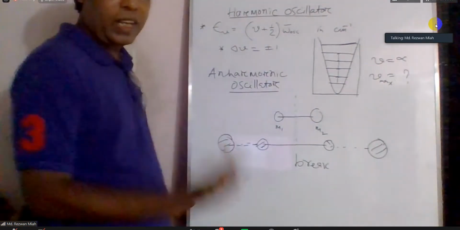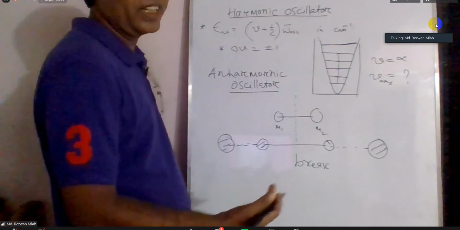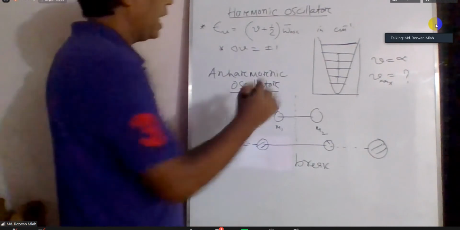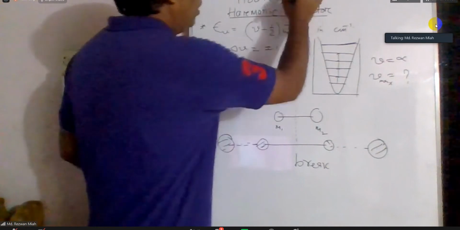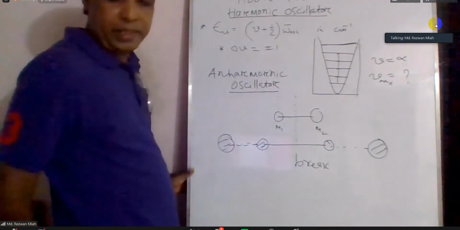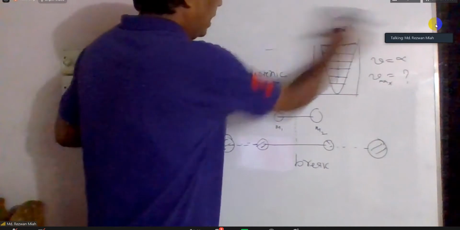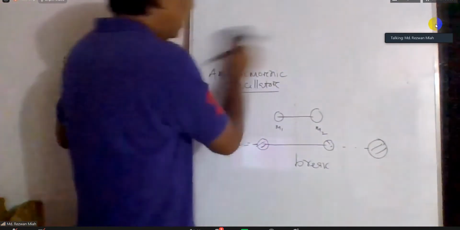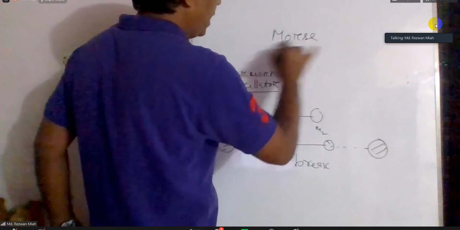So when the bond undergoes rupture or breaking, the molecule is no longer harmonic, and when not harmonic, Hooke's law cannot be applied. That's why one scientist named Morse, M-O-R-S-E,